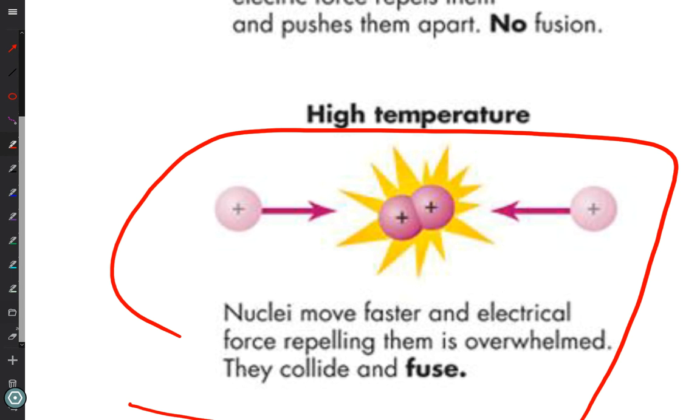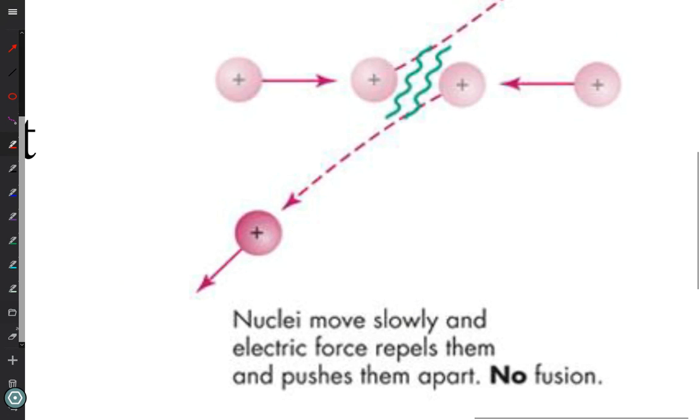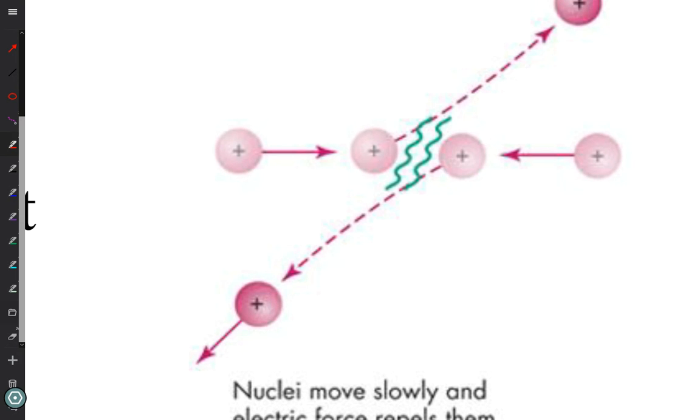You have the example here, two protons coming together. You probably know enough about chemistry that you know that we have positive charge and negative charge, and that like charges repel. So two positive charges don't want to come together. The closer they get, the stronger the force pushing them apart. And that's called electrostatic force, or electromagnetic force. Static means stationary, in this case they're moving. So you have to make them go really fast to make them come together. So the picture up above is showing if they're not going fast enough, they will just avoid each other.